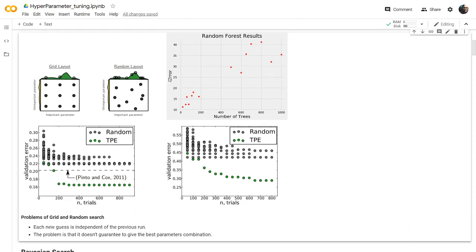If you take the error here and the number of trees here, the main difference is these two search algorithms will not consider the previous results. So every try or every combination of values is new. It doesn't have anything related to the previous values.